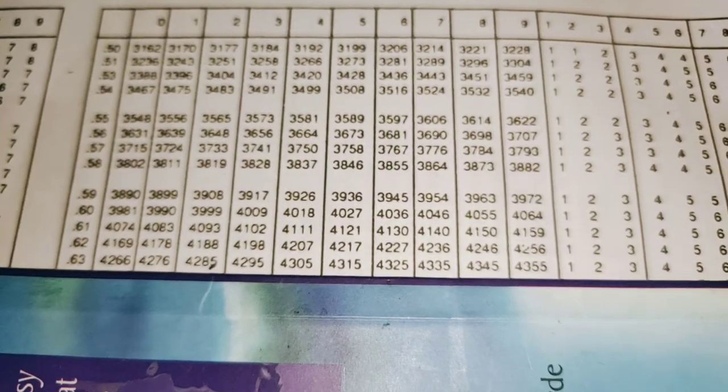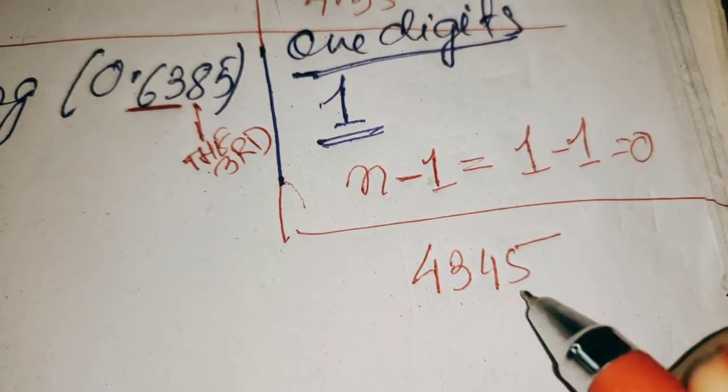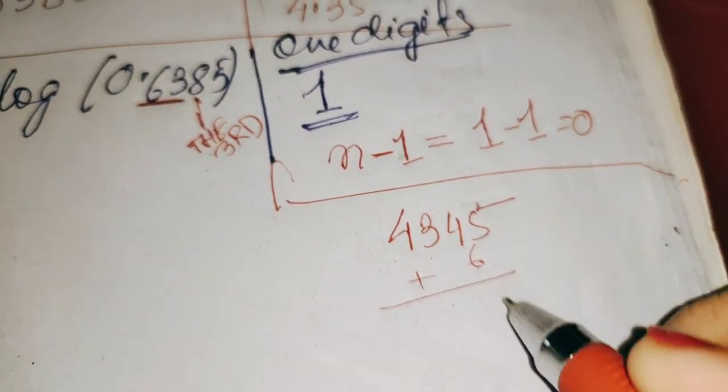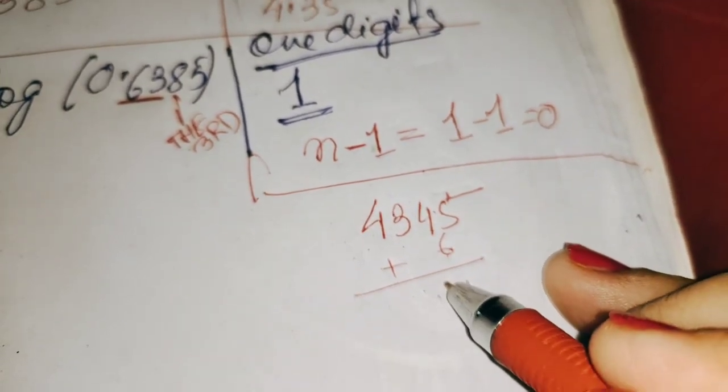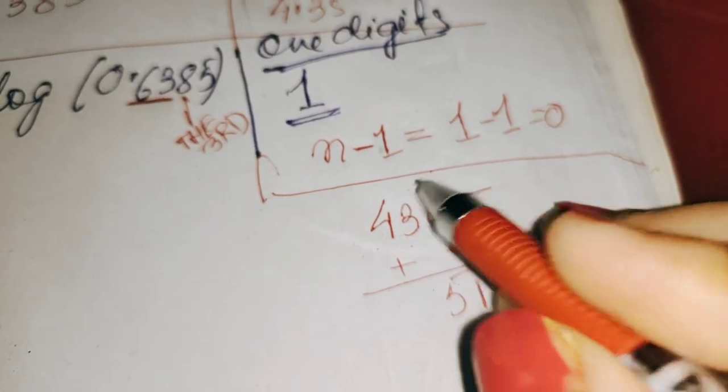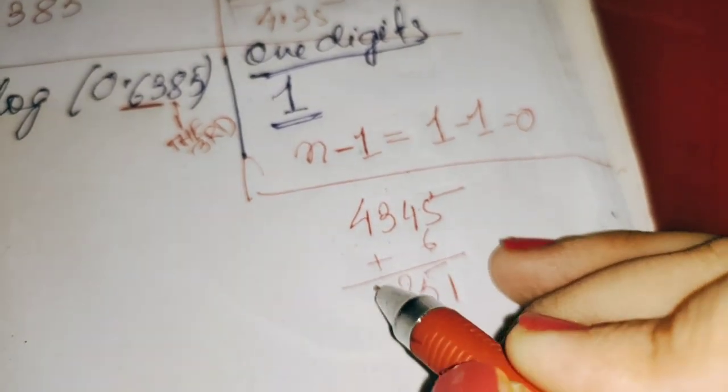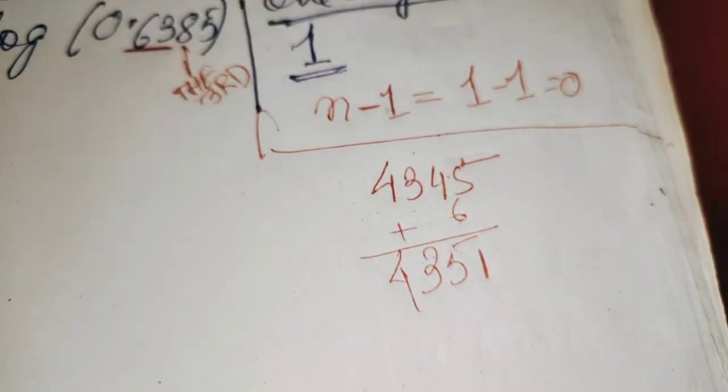So it will be equal to 6. Then let us write down the value 6 over here. Then let us add 5 plus 6, 11. Then 4 plus 1, 5, then 3 and 4. So ultimately this is your